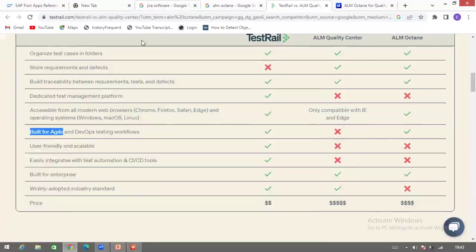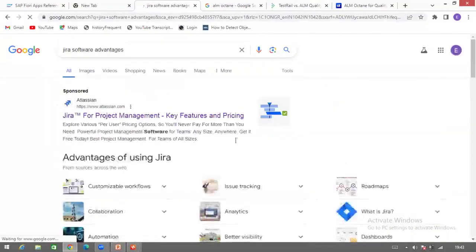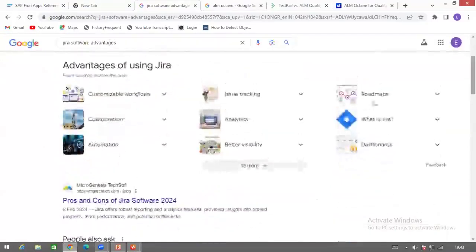Then if I take advantages, you can see here there are a lot of advantages. You can create customization workflows. So if you're creating any issue, any requirement, any change request, to whom should it go for approval? When you are raising a change request, for example, I said that whenever we come to requirement gathering, everything should be signed off regarding the prepare and discover phase. If business is going to change anything, then they need to raise a change request.